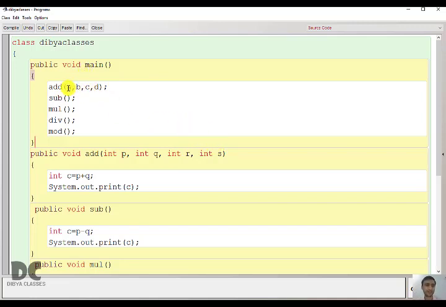But here see, A is int type and P is int type. It is matching. But I told that B is of double type. Is double written here? No. So it will give you an error. So here you will write double. The data type should also match. C is char type, so you have to write char here. D is boolean type, so you have to write boolean here.